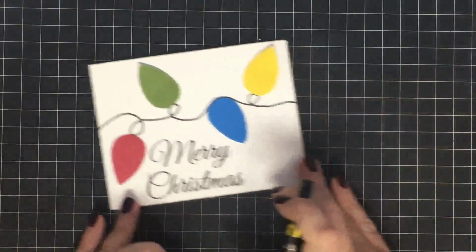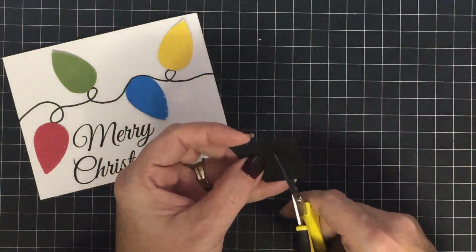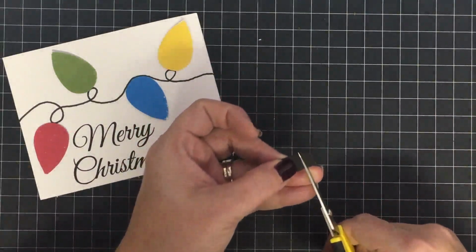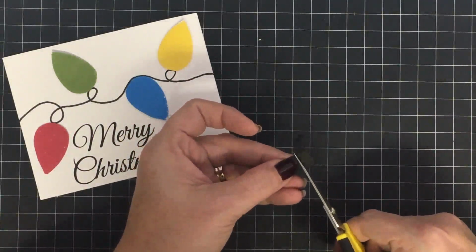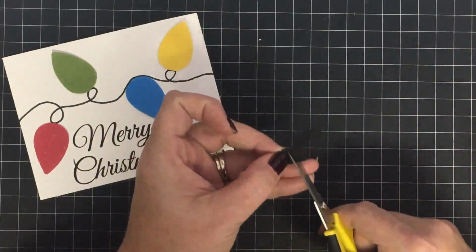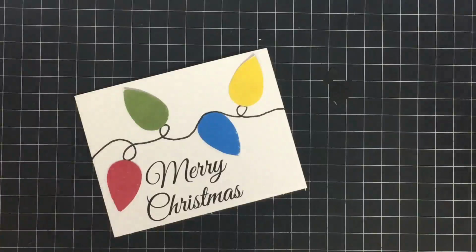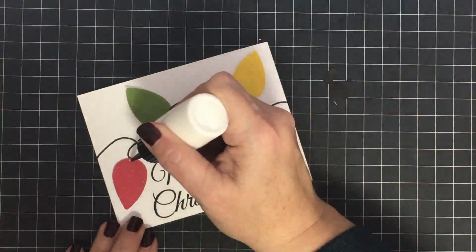Now you could totally stop here, but you know me, I can't do that. So here's what I did. I took a piece of cardstock, just a scrap piece of black cardstock, and I cut 4 little rectangles about 1/4 inch. I did not measure these. I literally did this. They're about 3/8 long, maybe 1/2 inch by 1/4 inch, something like that. Just eyeball them. And these are going to be the base of my light bulb on the end of our little stamped image bulb. And what I'm going to do is put a dot of glue on the end of each light bulb,